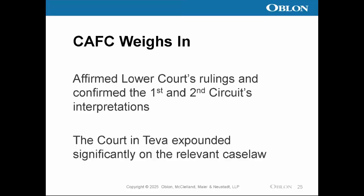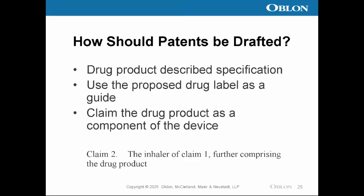And the court in Teva expounded significantly on the relevant case law. They provided some of the clearer interpretations that Dick provided at the top of the presentation. But Teva generally is the cornerstone case that really draws a bright line on what you can and cannot list. So this begs the question of how patents should be drafted if we want to avoid these antitrust suits, because